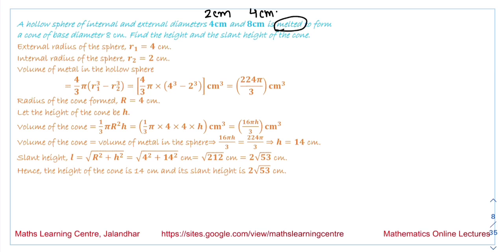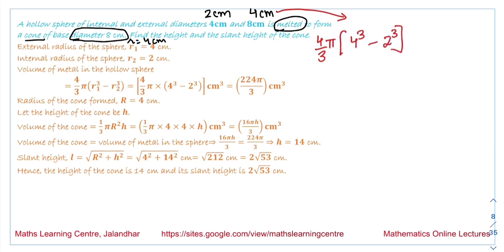It is melted to form a cone whose base diameter is 8 centimeter. So the radius we have is 4 centimeter. We have to find the height and the slant height of the cone. So it is melted, it means the volume will be the same. So the volume of this spherical shell, the hollow sphere we are talking about, will be 4 by 3 pi into 4 cube minus 2 cube,